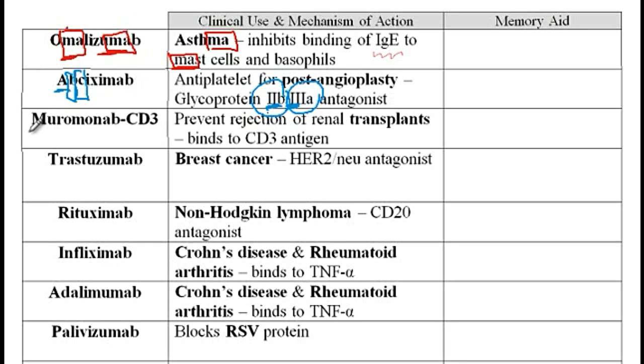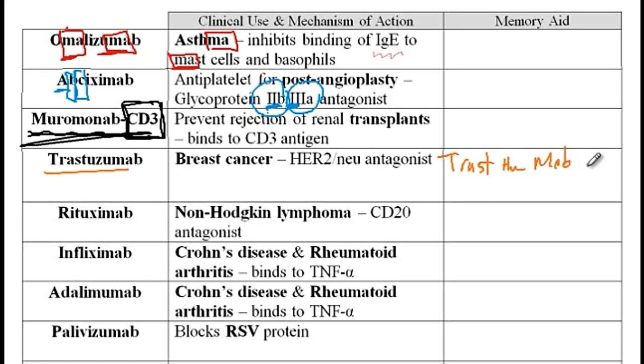The next medication is Mono-clonal CD3, and as the name implies, it binds to the CD3 antigen, and thus it prevents rejection in renal transplants. So once you know the full name is called Mono-clonal CD3, it's easy to know that it blocks the CD3 receptor. Next we have the Trastuzumab, and the memory aid that I have for you is that